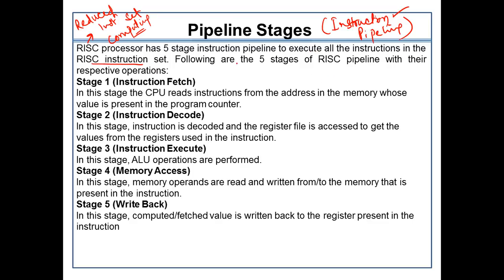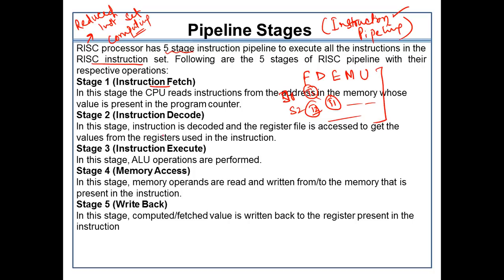Basically there are five stages in how instructions execute in RISC. Stage 1 is the fetching stage. We will be fetching the data, then decoding the data, executing the data, memory accessing, and last is updating the data, or write back. How will it perform? Once in stage 1, at timing signal 1, the first task is done. In stage 2, it will go to the next task, and in the meanwhile the second instruction will also start its execution.